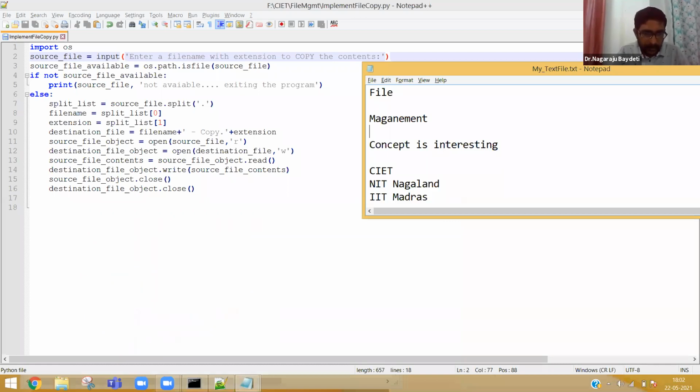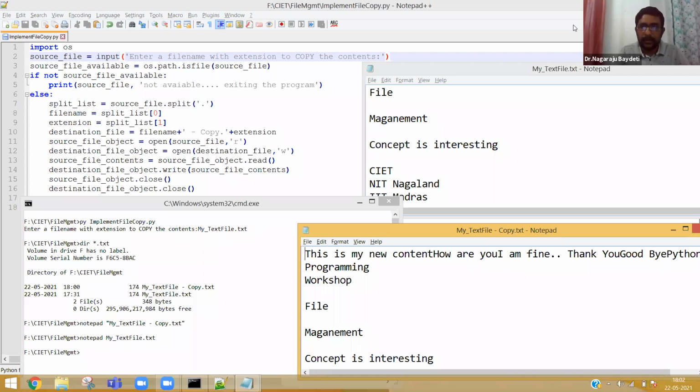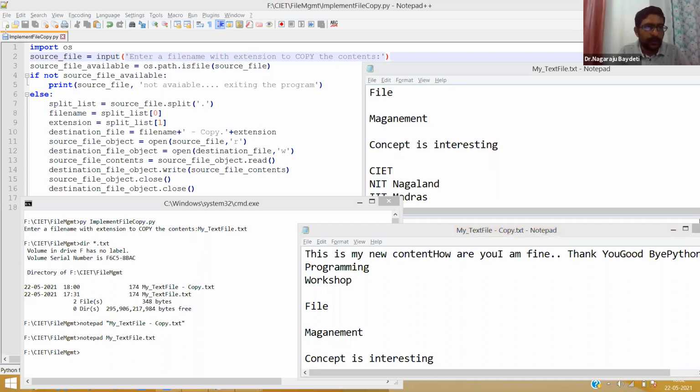And this is the duplicate file which we got copied. So implement copy program. This is the source file, and the destination file, which we created.